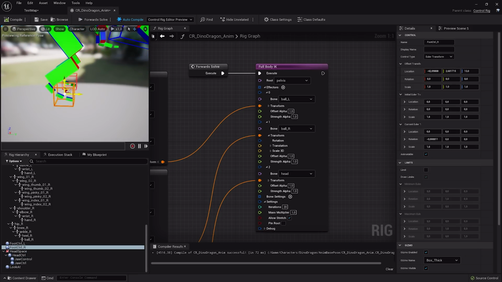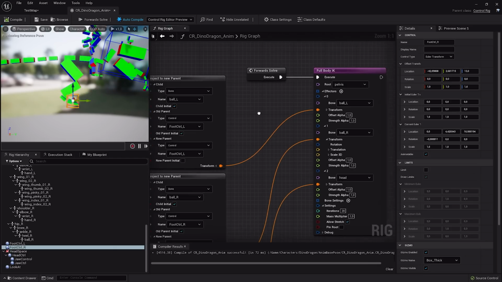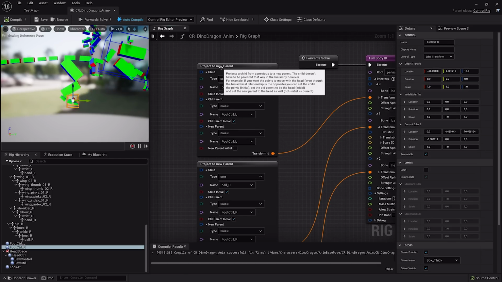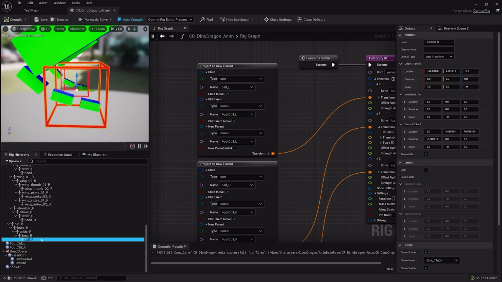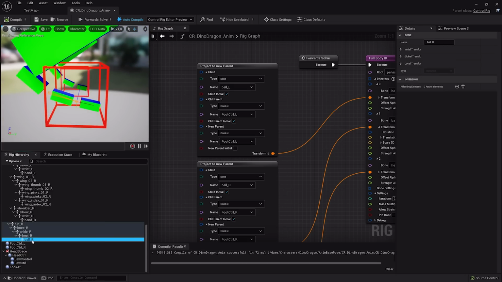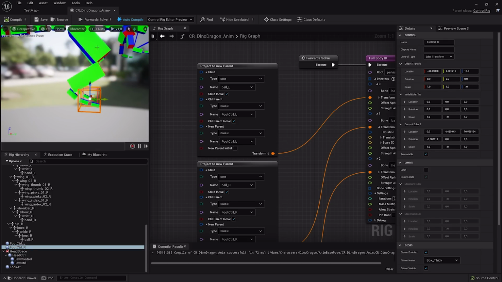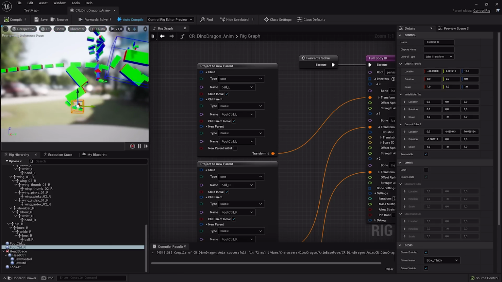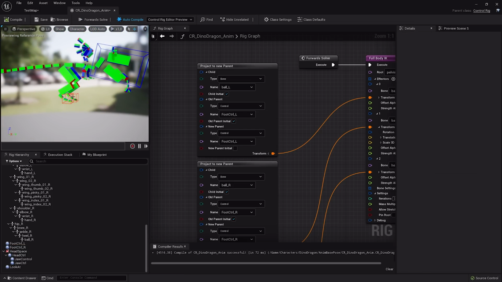I'm using a very handy node here called Project to Parent, which allows me to parent controls dynamically outside of the hierarchy. So the football here will be parented to my foot control. The reason I'm doing this is to have the foot control at the position where later my trace for the automatic foot placement will be, and my bow will follow along. This is generating already pretty great results. So we can imagine how this would feel when he's walking.